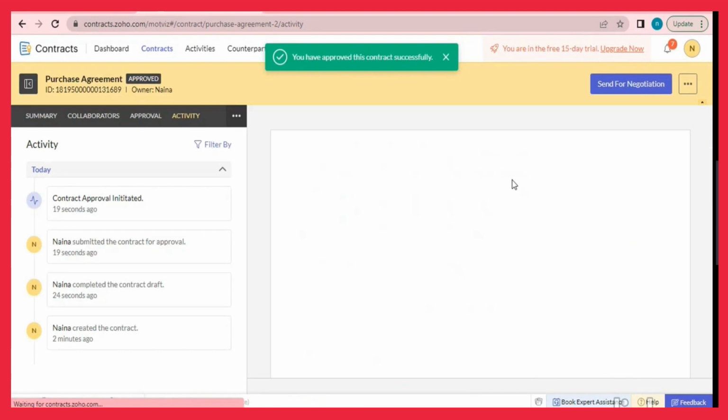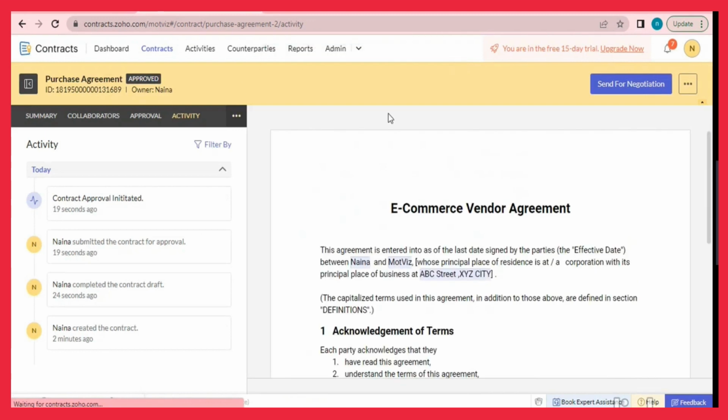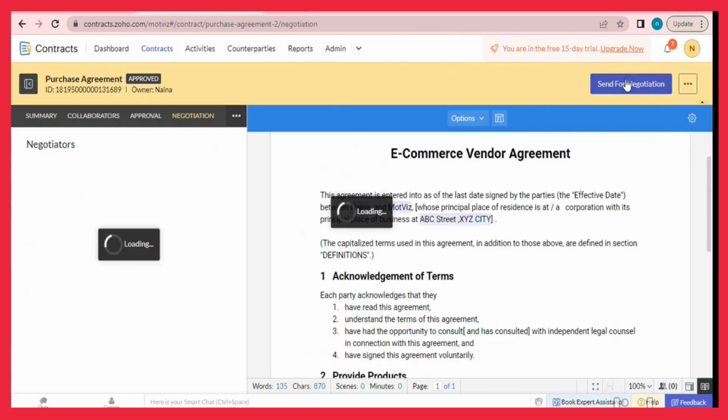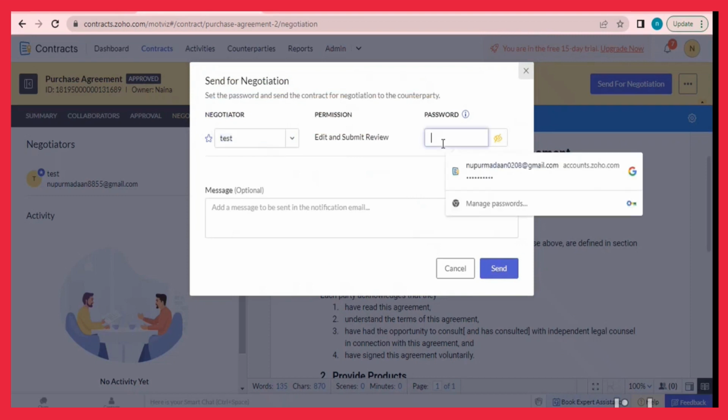Once the contract is approved, it can be sent for negotiation. Traditionally, a contract is sent for negotiation as an email attachment back and forth. But this process becomes difficult if there are different rounds and when you need to compare the document. In Zoho Contracts, you can